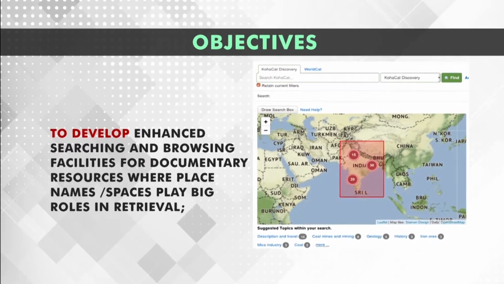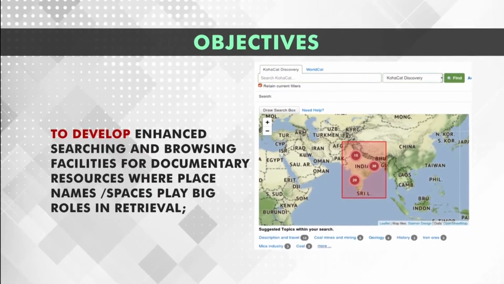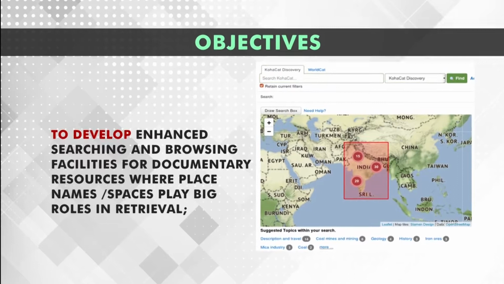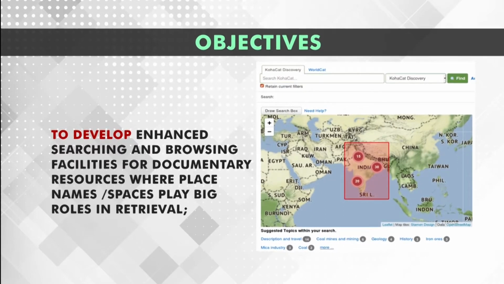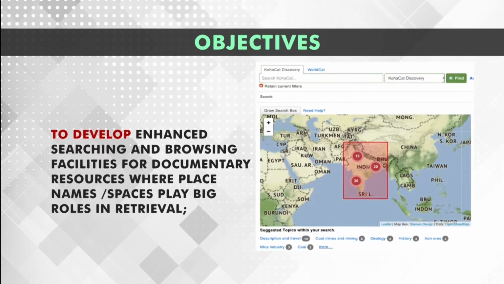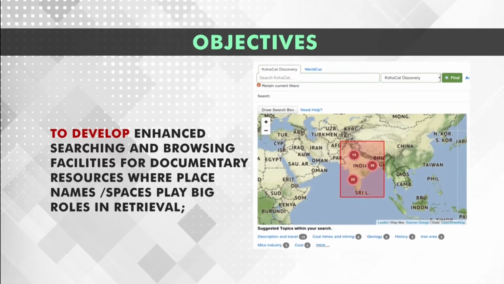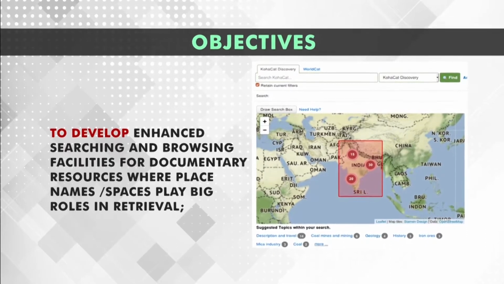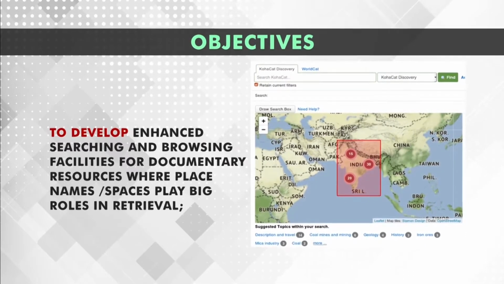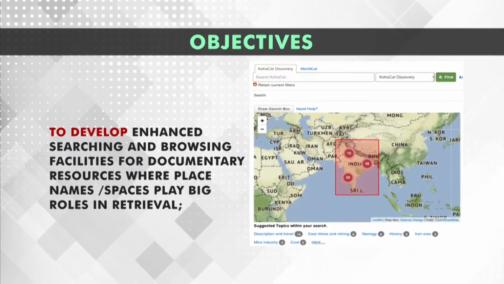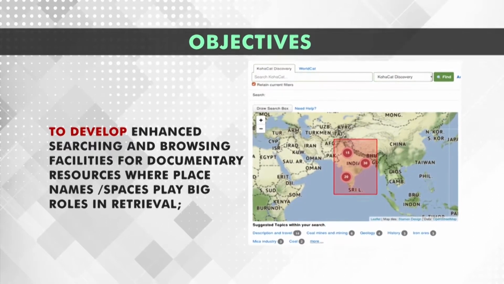For example, on the right hand side you can see a particular picture where in the search interface I can type a name, I can call the map, I can locate a particular geographical area, I can give a particular keyword here. So, this keyword based textual search can be combined with the displayed map, which is basically the application of GIS technology inside a library retrieval system.